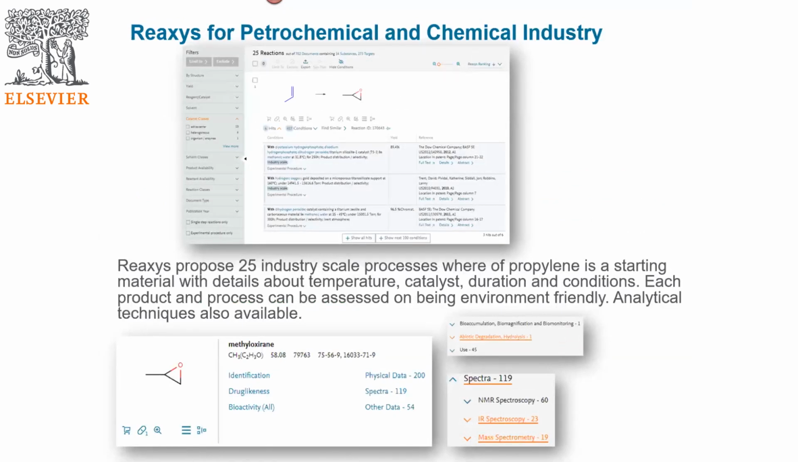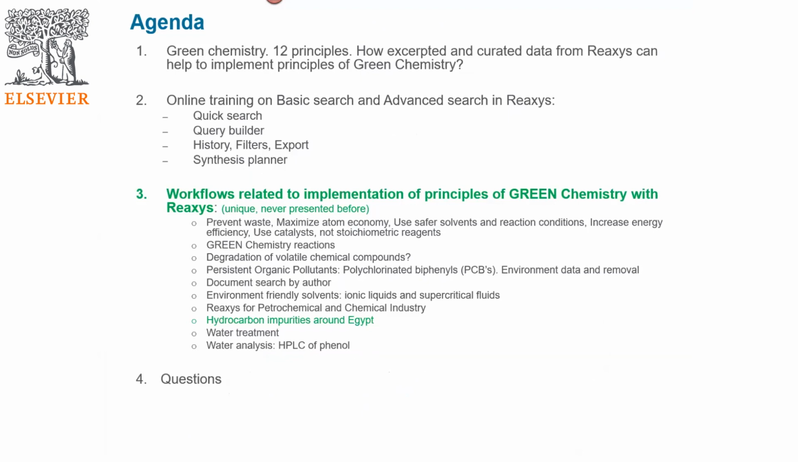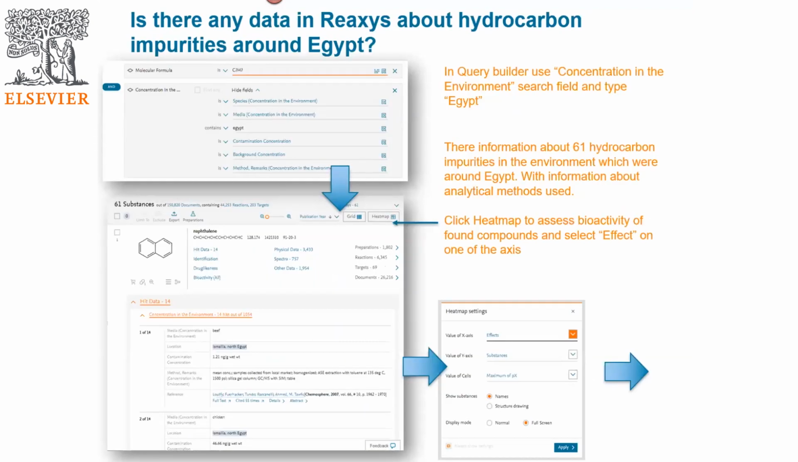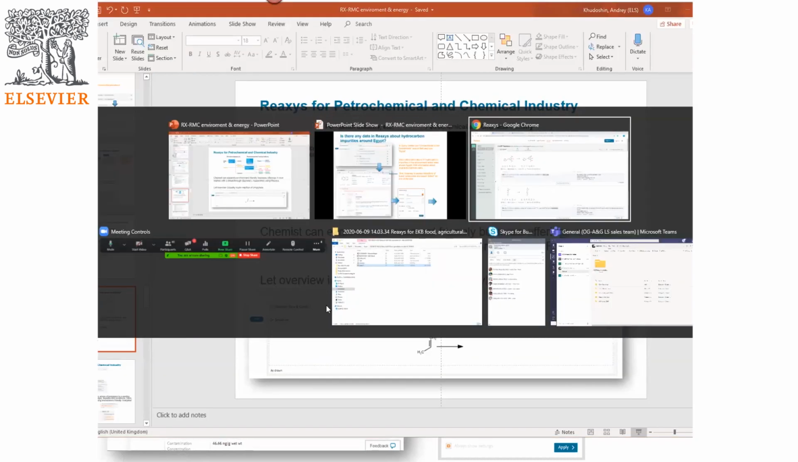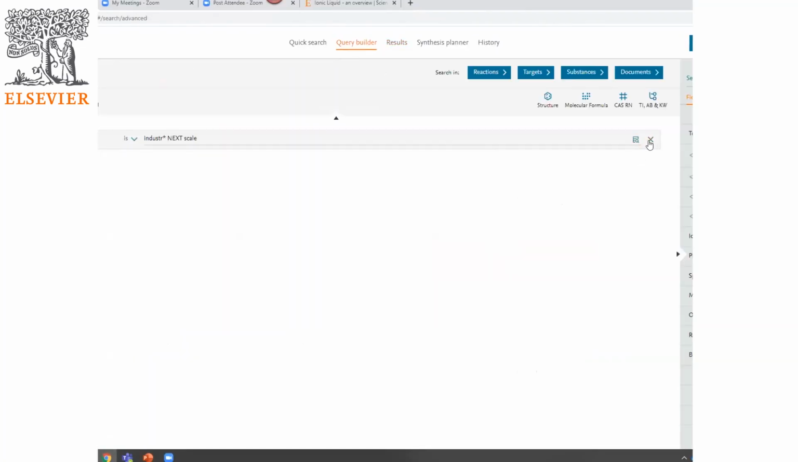If we are covering the petrochemical industry, we need to talk about hydrocarbon impurities around Egypt. So how to code this in Reaxys? We will need to use molecular formula and the concentration in the environment. Molecular formula, so any hydrocarbon, and environment,